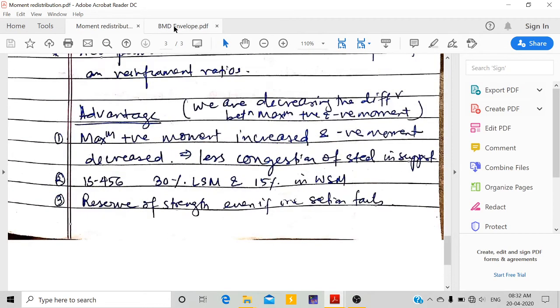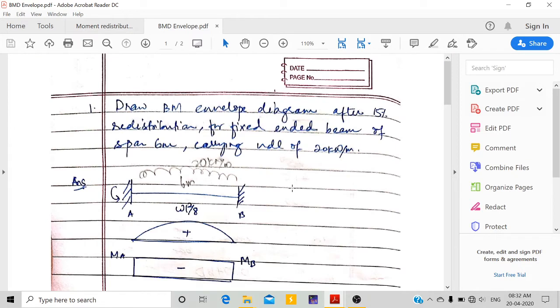Next we are going to solve one small example. Here we are just going to draw a bending moment envelope. That means, as I said before, we are going to superimpose the bending moment before redistribution and after redistribution, that means in the elastic phase and in the inelastic phase. So here, draw the bending moment envelope diagram after 15% redistribution for a fixed ended beam. This is a fixed end beam, the redistribution given is 15%, the span is 6 meters and the load is 20 kilonewton per meter,